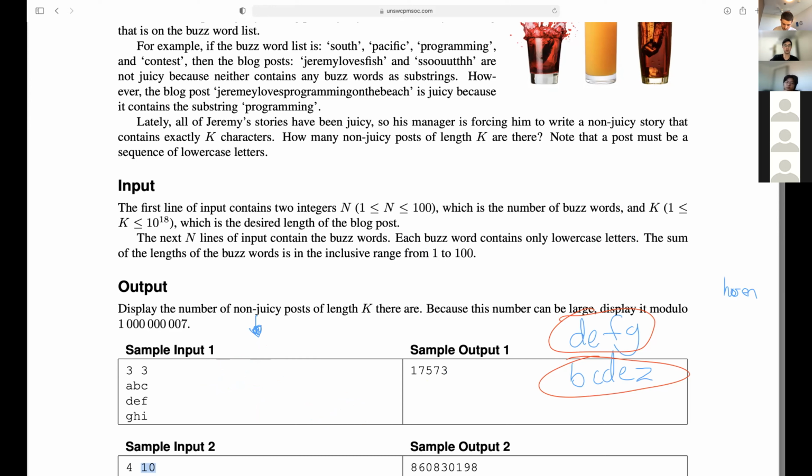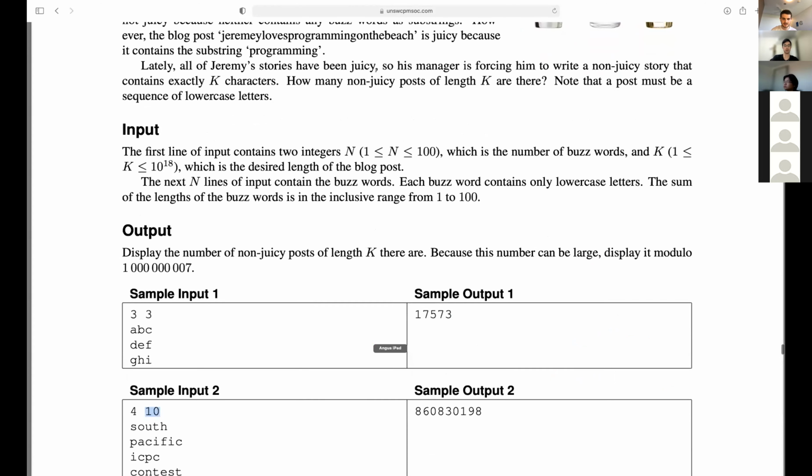So if we're building up our post one letter at a time, two things matter. The first one that matters is the length.